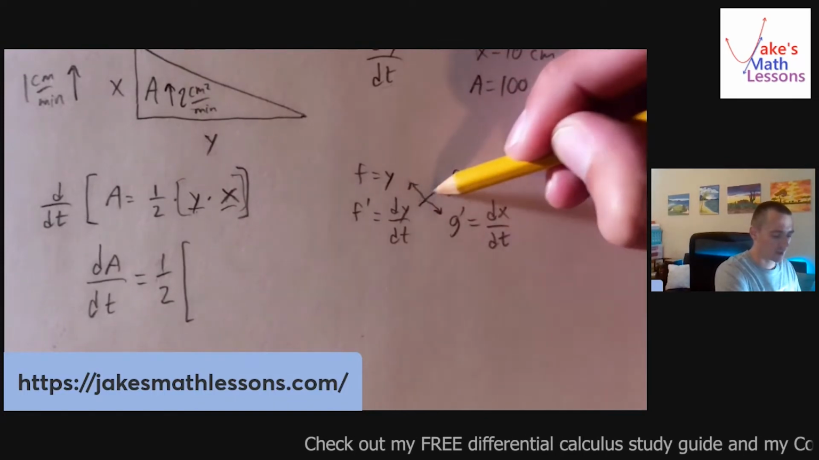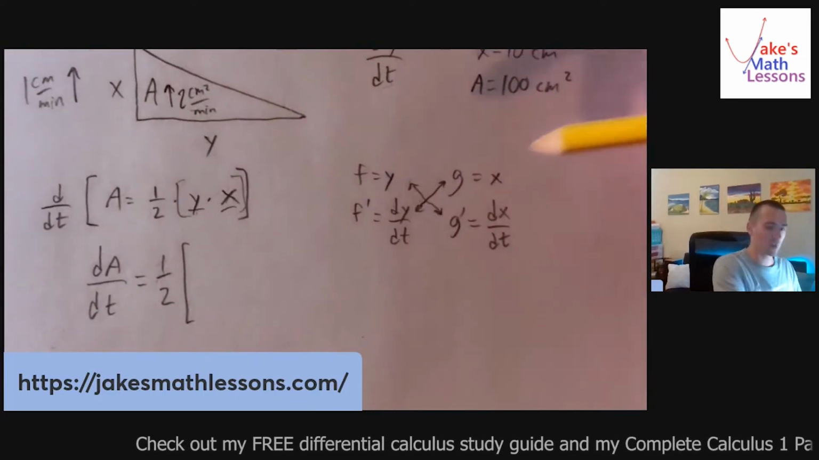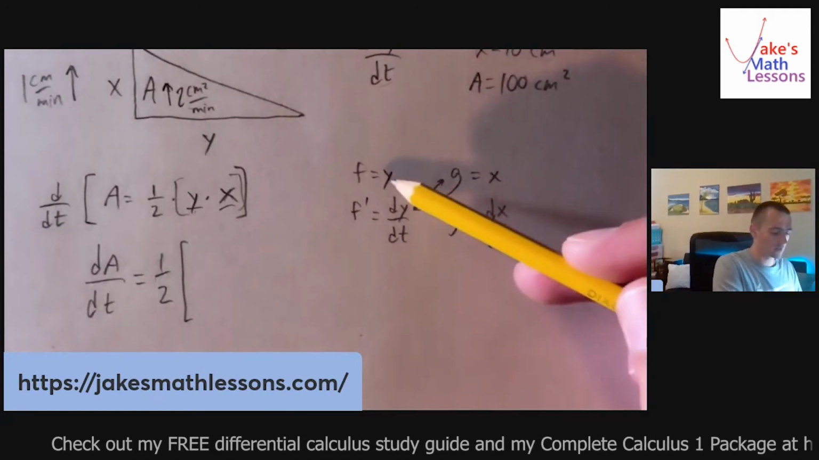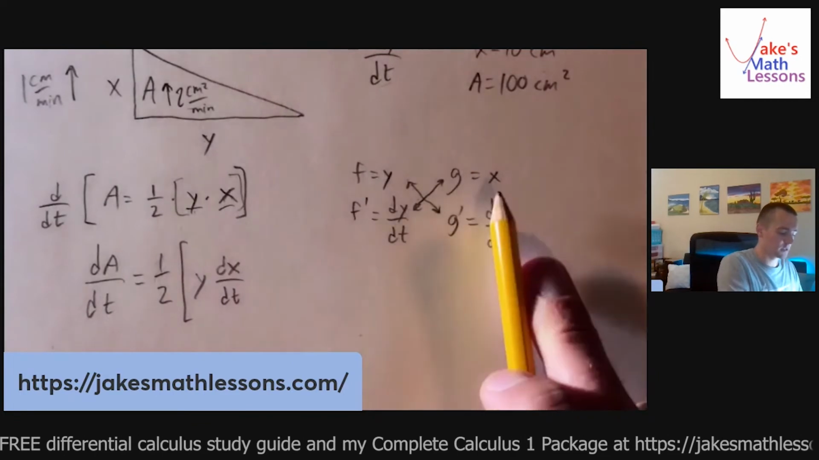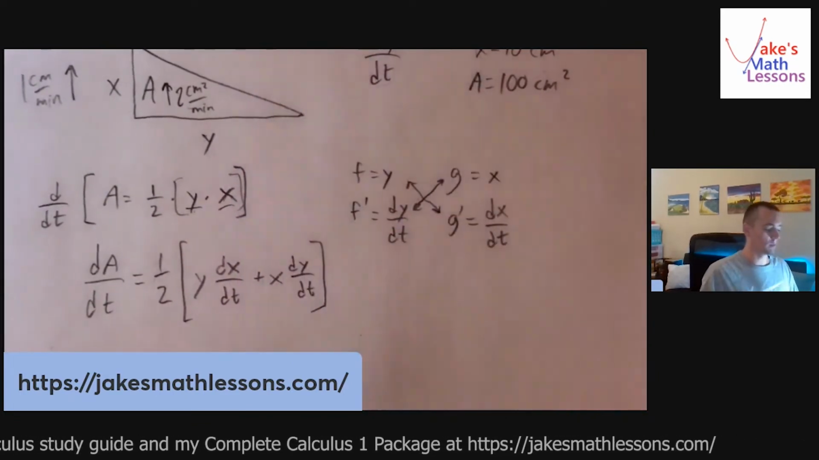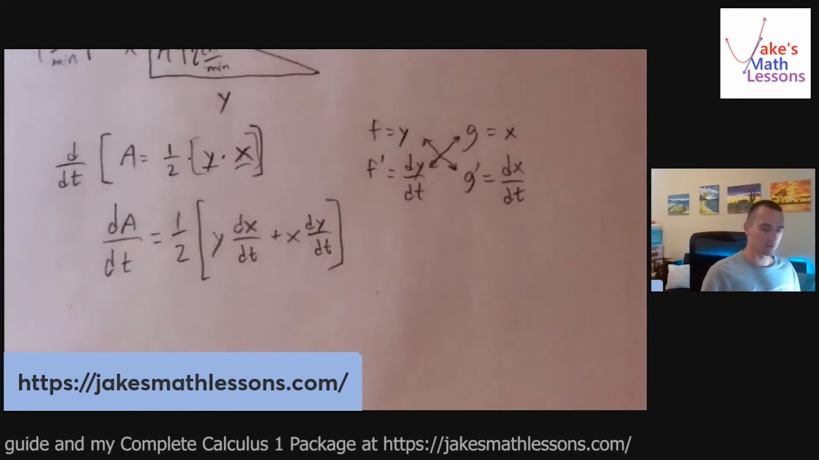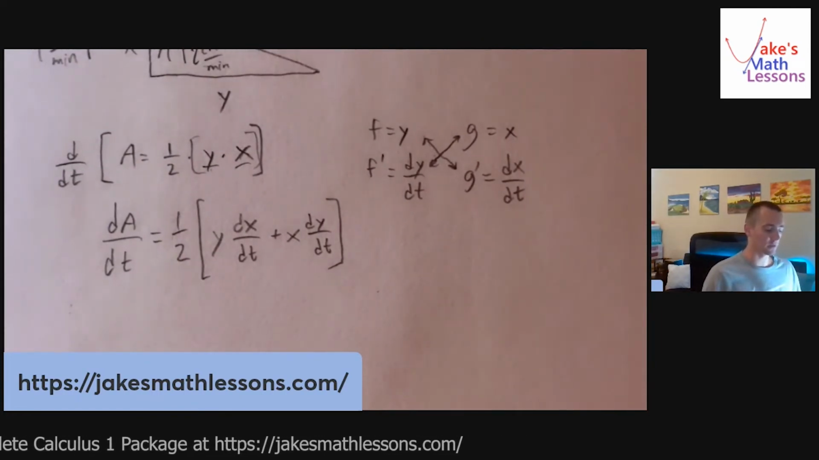Now product rule again says that we're basically going to cross multiply these. So we're going to take f times g prime, g times f prime, and then add them together. So y times dx/dt plus x times dy/dt, and then we'll close our parentheses there. So now once we have taken the derivative of both sides of our equation with respect to t, done the implicit differentiation step,